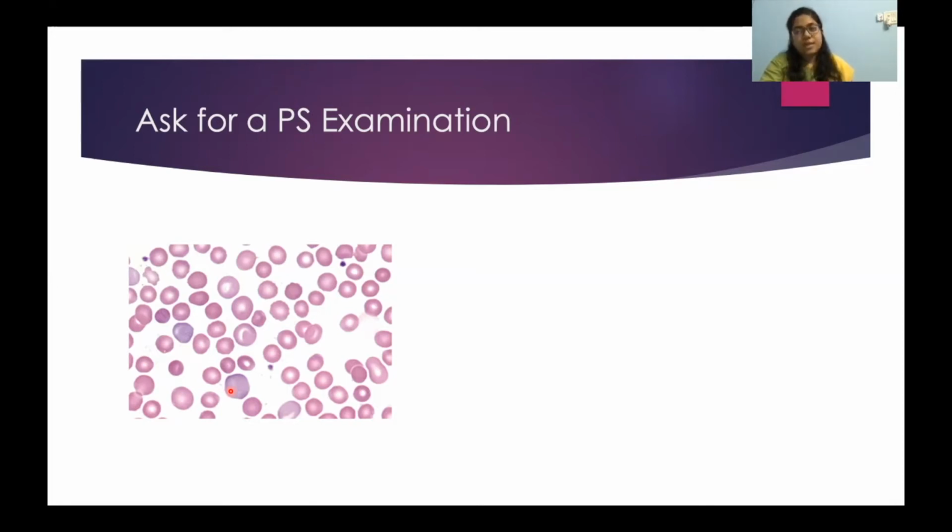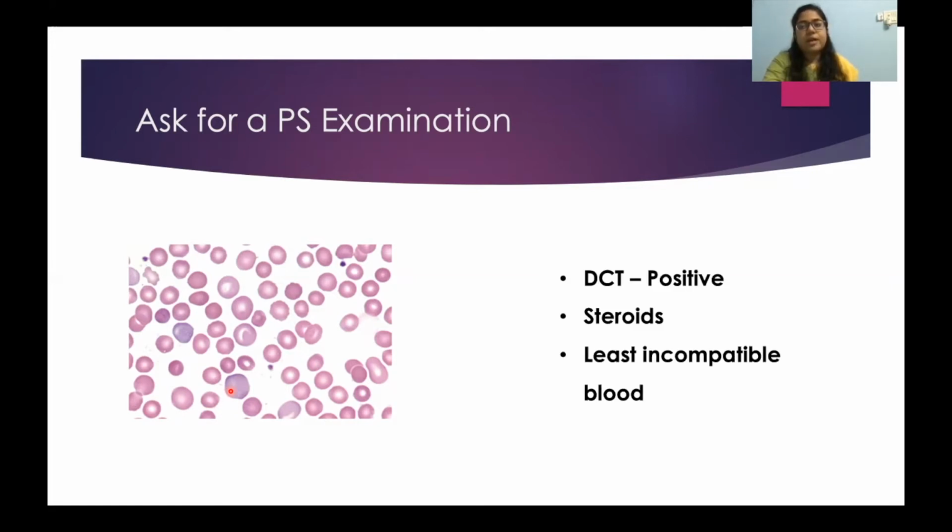Retic count will obviously be increased whenever there is anemia and the bone marrow is functional. So it is mostly associated with conditions where anemia is associated with hyperproliferative marrows, like in cases of hemorrhage or hemolytic anemias. So we understand that this patient is undergoing some sort of hemolytic anemia. Now next, what will you order? Since we have a discrepancy in grouping, naturally we can understand there is some sort of autoantibody present. So obviously you can ask for a direct Coombs test as well as an indirect Coombs test.